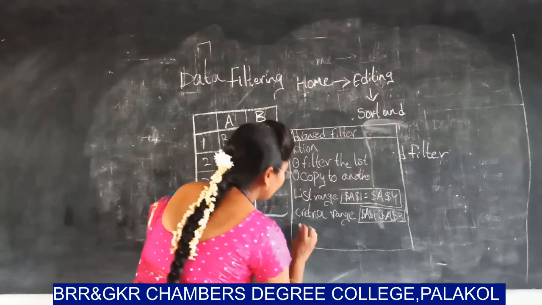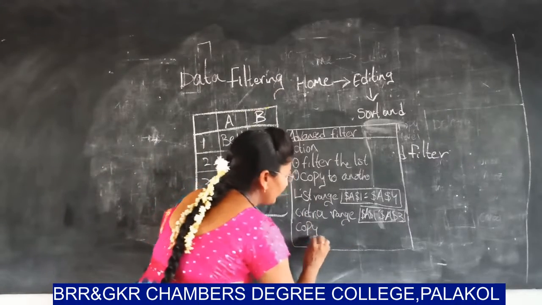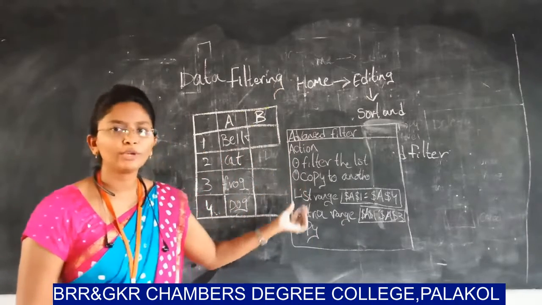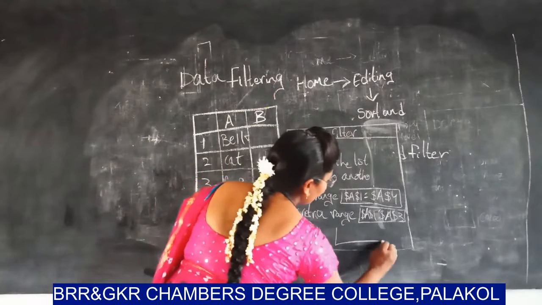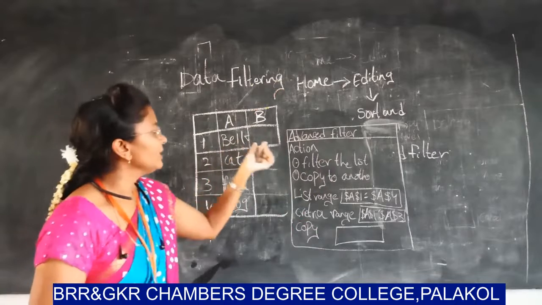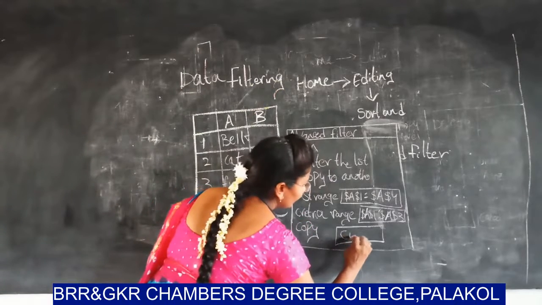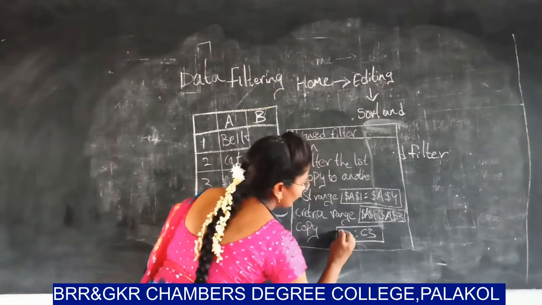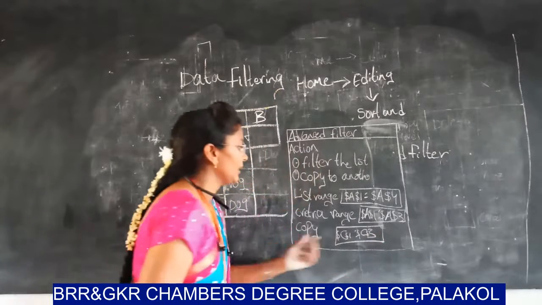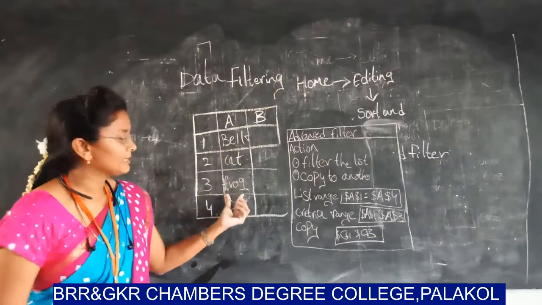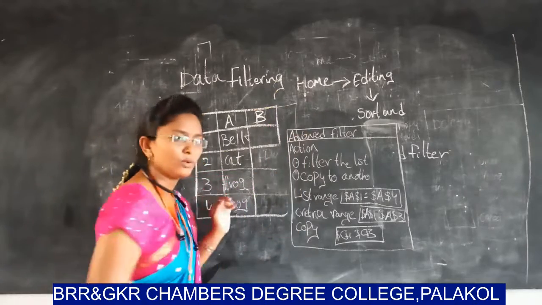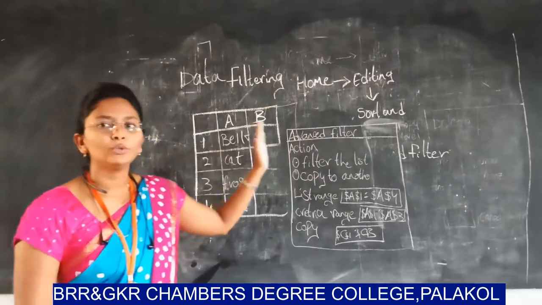And the next one is copy. You can copy the data from to another cells also. How you can copy means type the cell addresses here. I want to copy the cells from the C1 cell. I am writing C1 to C3. Then it automatically turned into $C and $1 and $C and $3. Okay, this data, whatever the data is appeared in your Excel sheet, it will be goes to the C1 cell also. That means I am copying this data into the C1 cell.